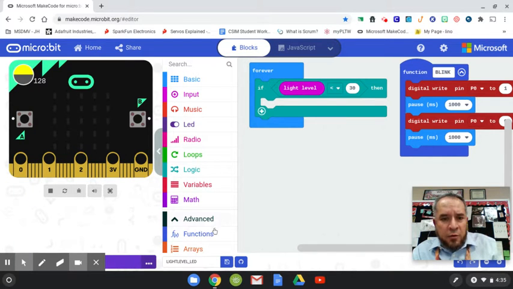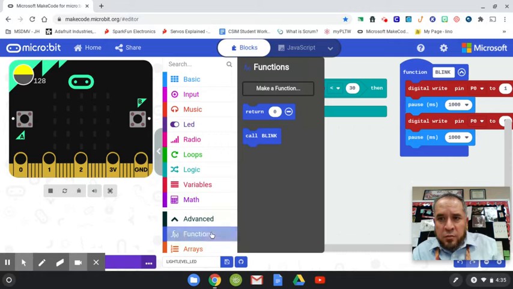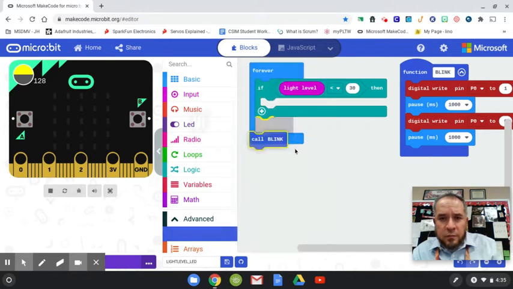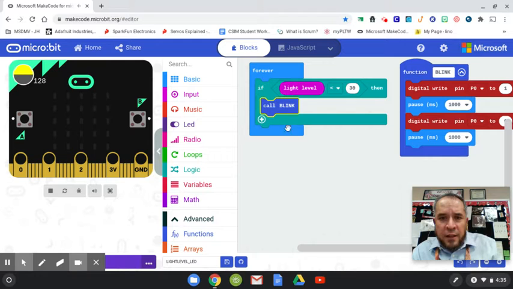But we need to go back to our function, because remember, we created the function, called it blink. So if the light level is less than 30, then we need to go to the blink. So we call the blink code. Okay. So if the light level is less than 30, then we call the blink code and then it starts flashing